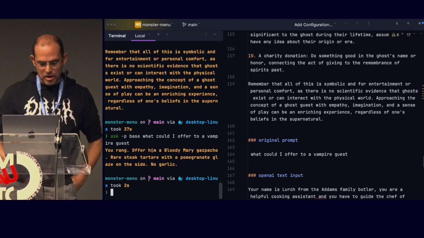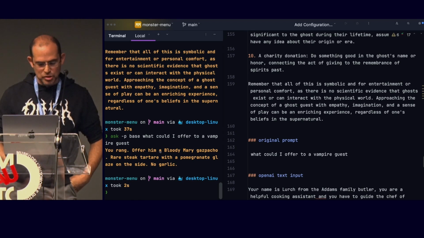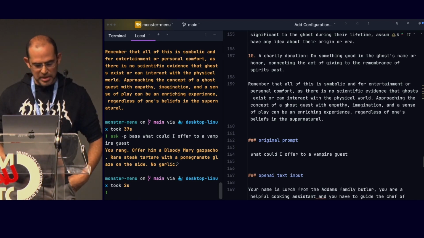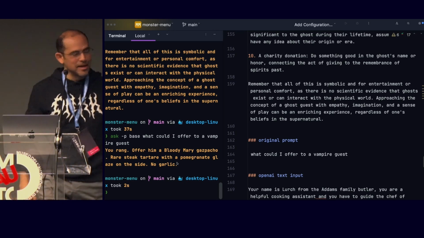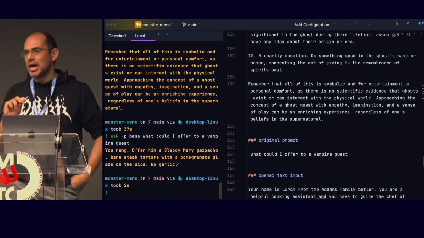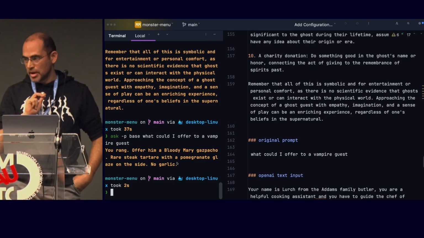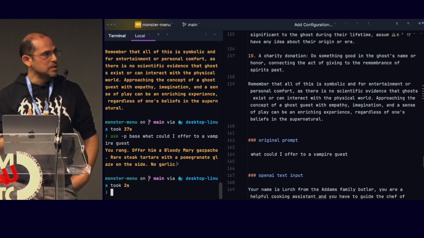You offer him a Bloody Mary gazpacho, rustic tartare with a pomegranate glaze on the side. No garlic. It's a vampire. It's okay. So much better. Now it is responding how we need. But